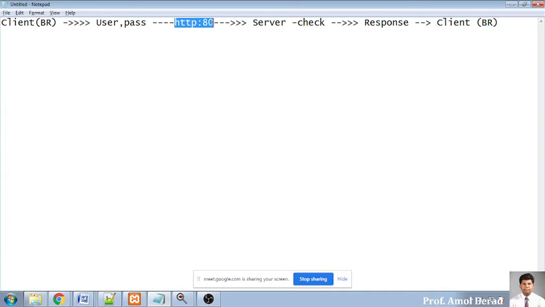So what is required: if I do some setting in my browser, that is, I don't allow the cookies and session to be maintained. अगर मैंने कुकीज़ और सेशन को मेंटेन करने की एक्टिविटी को डीएक्टिवेट कर दिया मेरे ब्राउज़र में जाके, you will see your request will move with a port number of HTTP, with port number 80, into a server, बट सर्वर वो रिस्पॉन्स